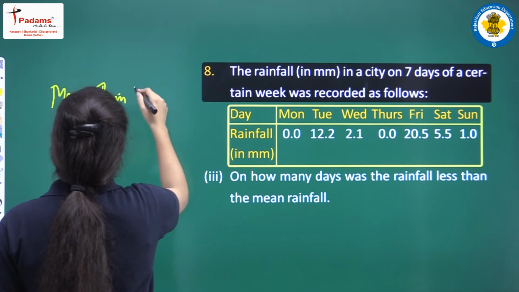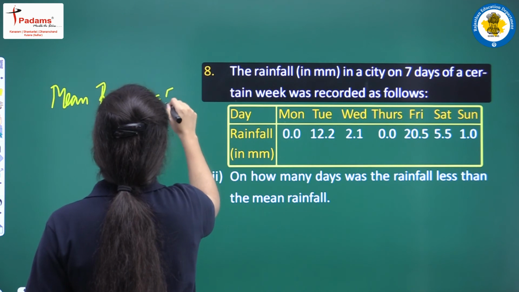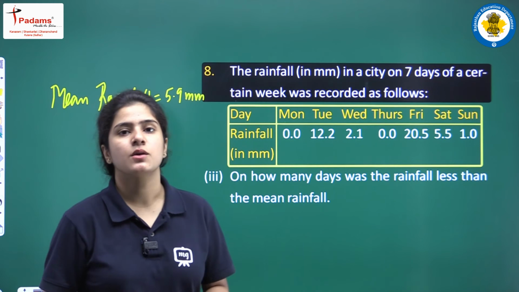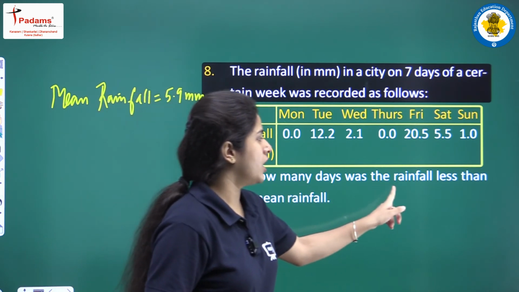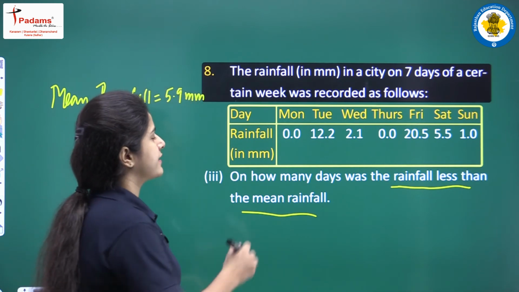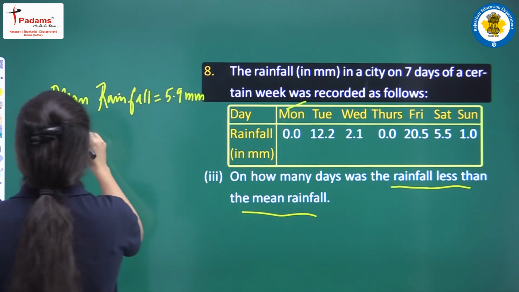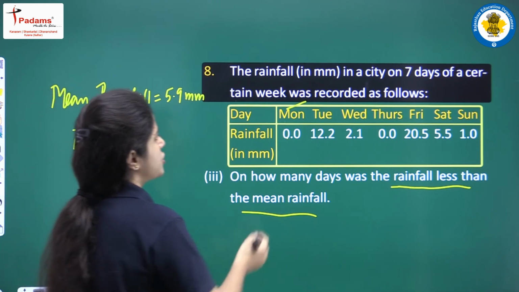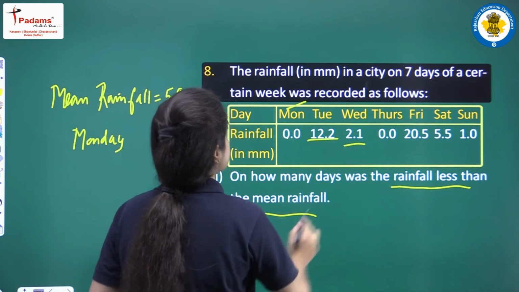Mean rainfall is equal to 5.9 millimeters. Okay students, now tell me the days on which the rainfall was less than the mean rainfall. Clearly, on Monday it is 0.0, so it is less than the mean rainfall, right? Tuesday it is more, Wednesday it is lesser,